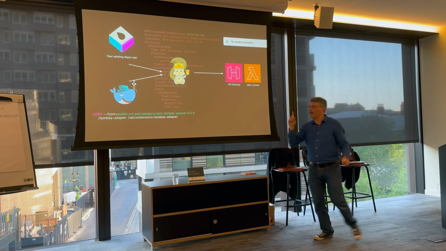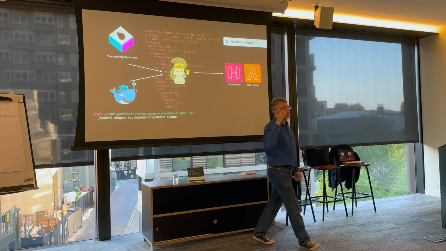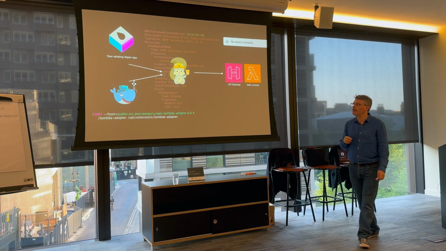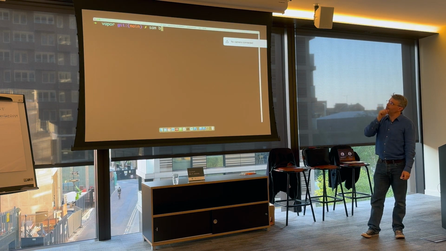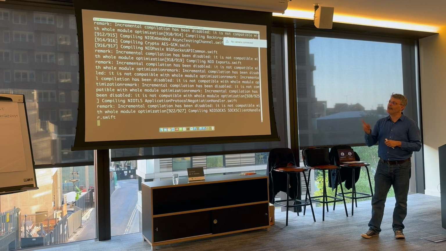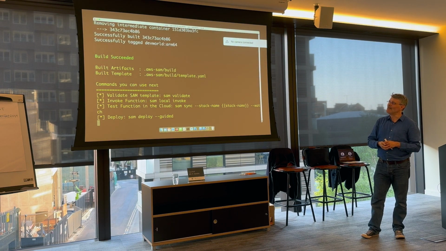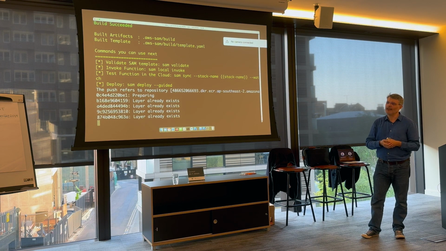It seems complicated, but it's one line to add to your existing Docker file for your existing application. No changes inside your Vapor application. Demo, I have everything there. Sam build, it will build a container. Sam deploy, it will create everything. I have to admit that I accelerated the video a bit. It's a bit slower than that. But it takes like 3-4 minutes maximum to deploy